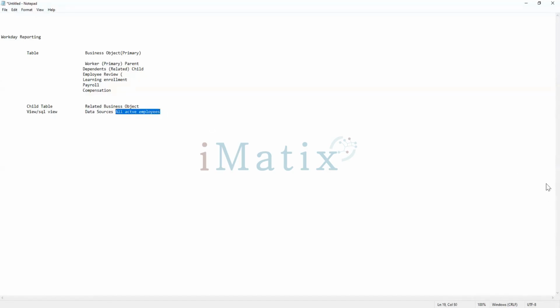If you've given all workers, it will go to the worker business object and pull all the information, because you have not specified anything specific. You wanted all workers, right? Since you have not specified any specific criteria, your source will be pulling all the workers from the worker business object. And if you have given all terminated,